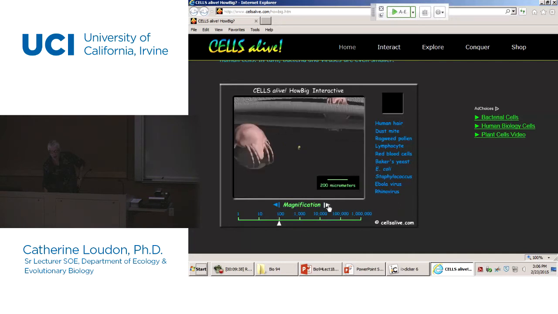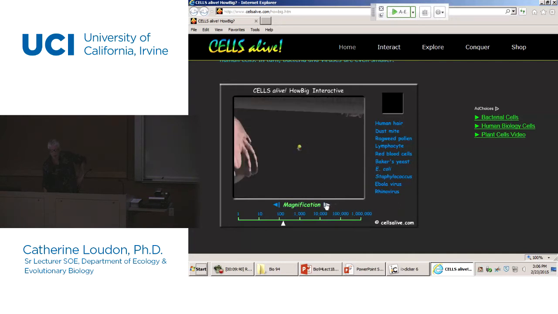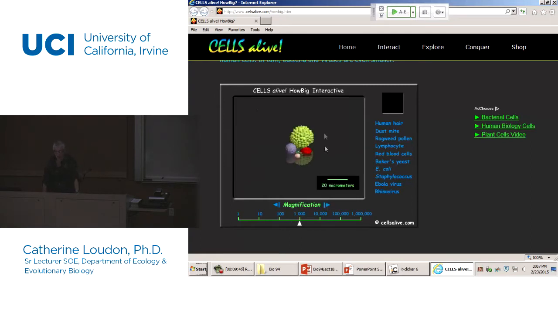As we zoom in more and more, we can see that there's some sort of small things that, as we zoom in and in and in, we can start to finally see them. And now what are we looking at here? As we mouse over, you can see that this green spiky object is what ragweed pollen looks like. It is the size of ragweed pollen, so much, much smaller than the size of a human hair. And of course, these are the male gametophytes that we've been learning about as we went through the plants, and we're learning about how plants sexually reproduce.